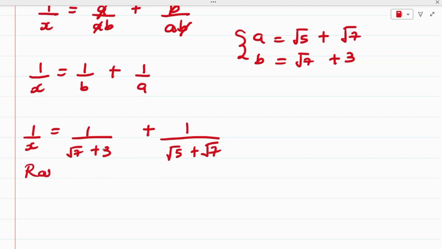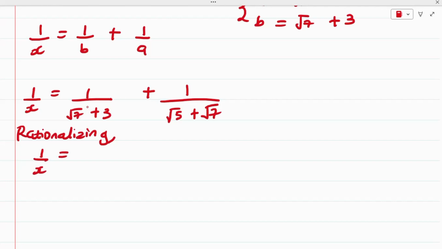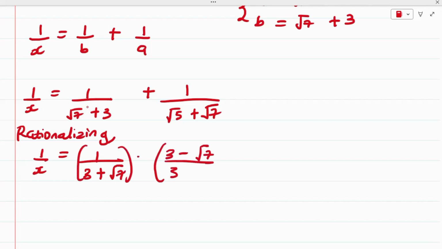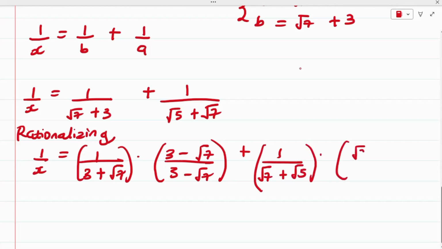So all we have to do for the right-hand side of this equation is to simply rationalize. Rationalizing, we have 1 over x is equal to 1 over, now we can easily rewrite this as 3 plus the root of 7, and if we rationalize this we multiply by 3 minus the root of 7 over 3 minus the root of 7, plus 1 divided by the root of 7 plus the root of 5, and if we rationalize this we multiply by the root of 7 minus the root of 5 over the root of 7 minus the root of 5. So we have 1 over x is equal to 1 multiplied by 3 minus root